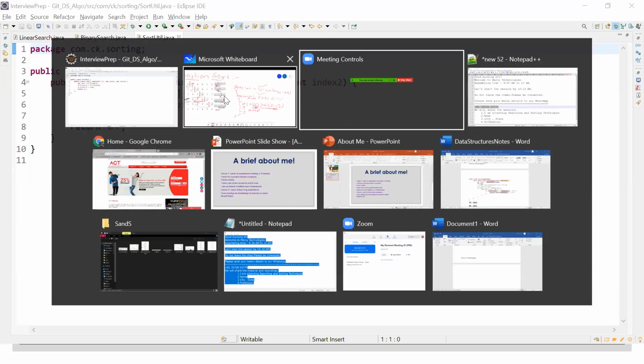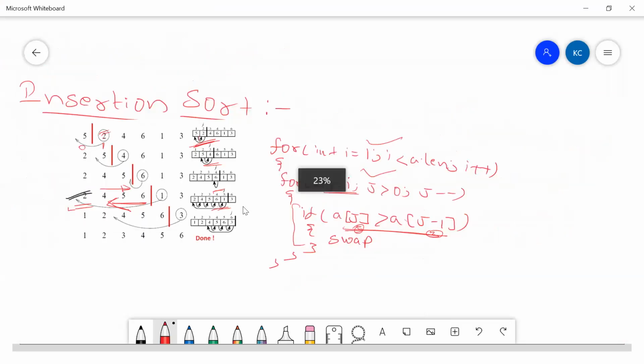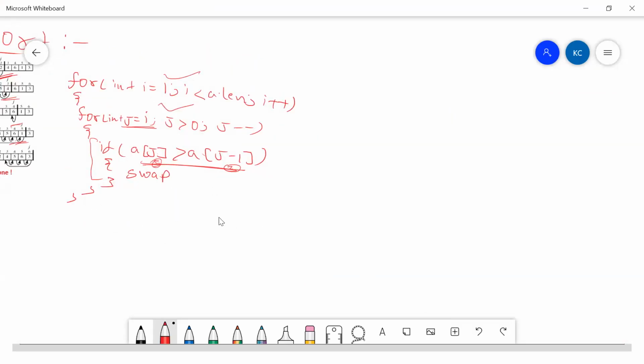I do not want to show how swapping actually works, but this is how swapping will be done. For example, let's say the value of a is equal to 10, and let's say b is equal to 20. Now I need to write some code so that a becomes 20 and b becomes 10.